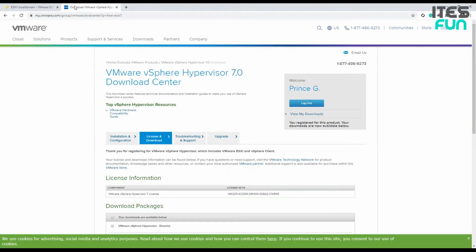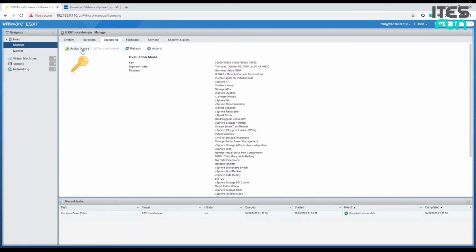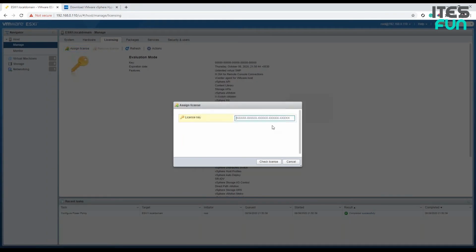So if you have gone through the video of getting the image of VMware vSphere, we can say the ESXi, I have registered to this product and successfully got a license. So here is the license key. Let's copy the license key and try to get this over here. If we assign the license and mention the key over here, it will go to the servers of VMware and check for the license availability. And it's showing that the license key is valid.